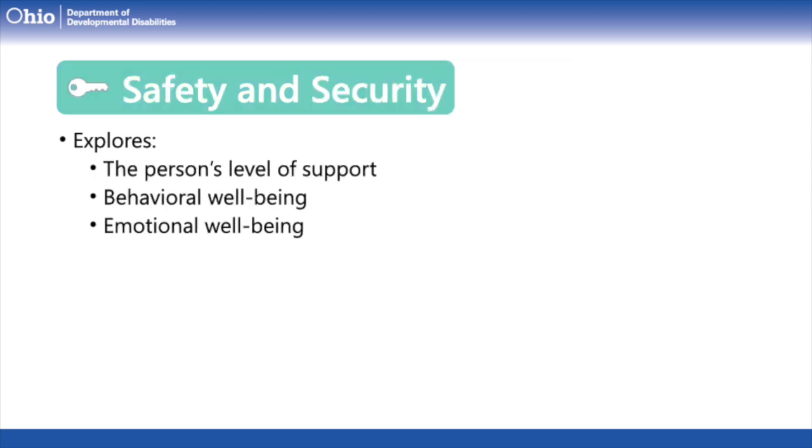Safety and security will get at a person's safety skills and their ability to be home alone. This is where we'll share information around risk of harm. If this person physically hurt themselves or others, important things to know about how the person and their team ensures safety will live in this section. In this section, we'll also consider, when is this person happiest? We'll think about the things that drive the person's interests, and we'll include how trauma has impacted them.